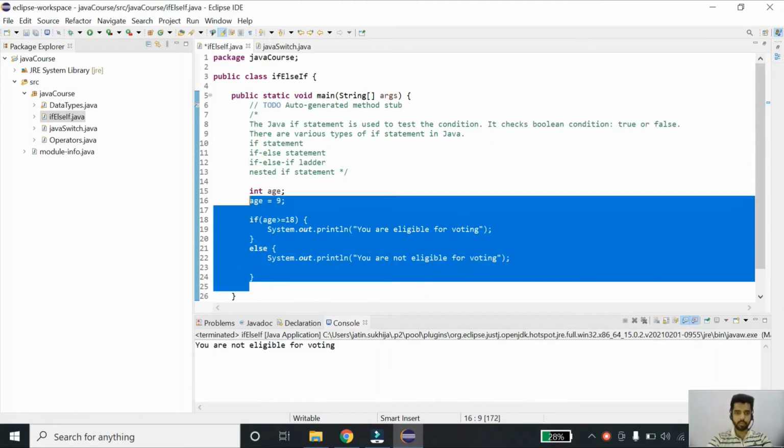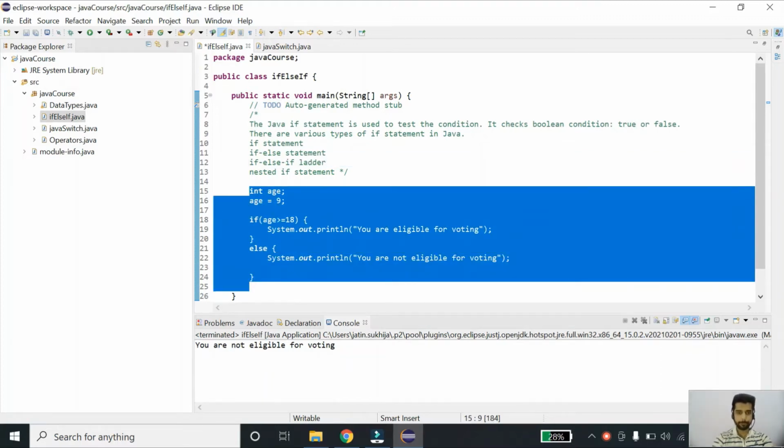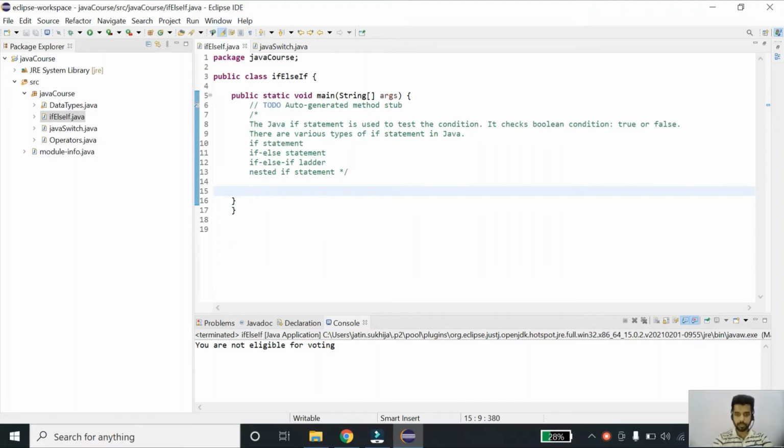Let me delete this code. Now I'll declare my marks as variable over here. Let me give total marks as 90. Now there can be multiple conditions over here. Let's understand about those conditions.